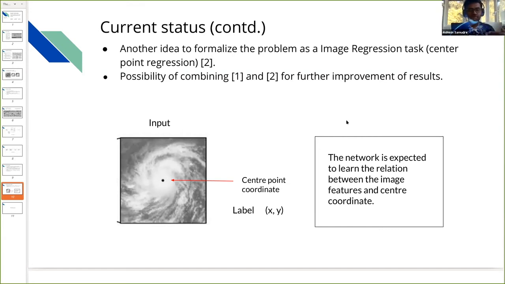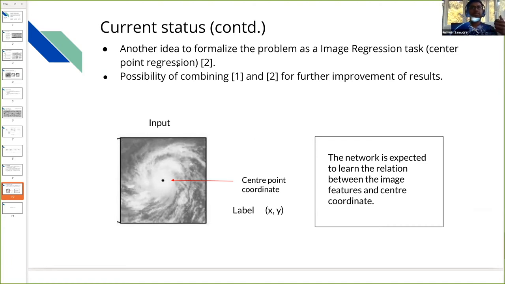After that, if you provide just an image, it should be able to provide you the coordinates of the center. Then, with the 20 cross 20 bounding box size, we can just create the bounding box and get the cyclone. Till now, this is what we have achieved, and we hope to build on this.